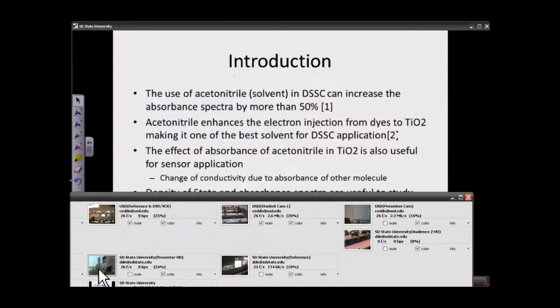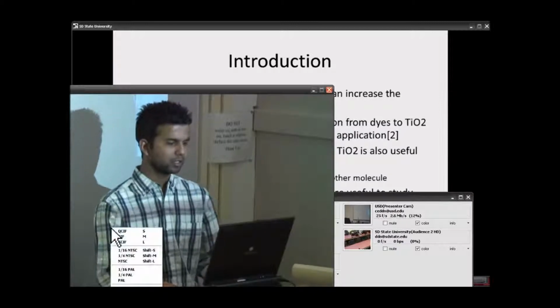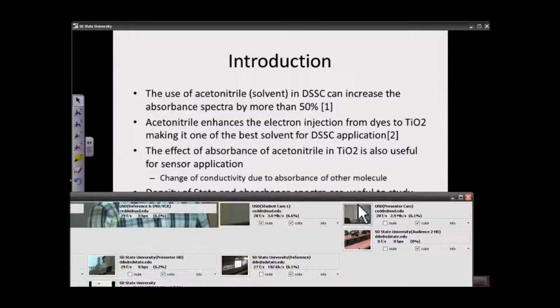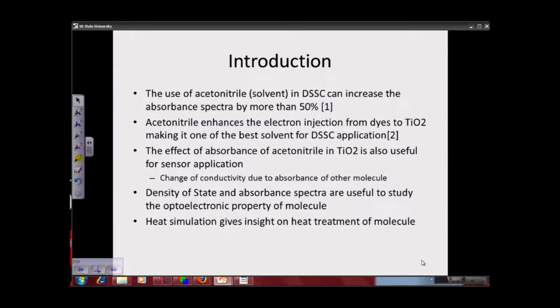Today I'm going to present on TiO2 surface with acetonitrile. Starting with the introduction, the use of acetonitrile as a solvent in DSSC can increase the absorption in spectra by more than 50%. This acetonitrile actually enhances the electron injection from dyes to TiO2, making it one of the best